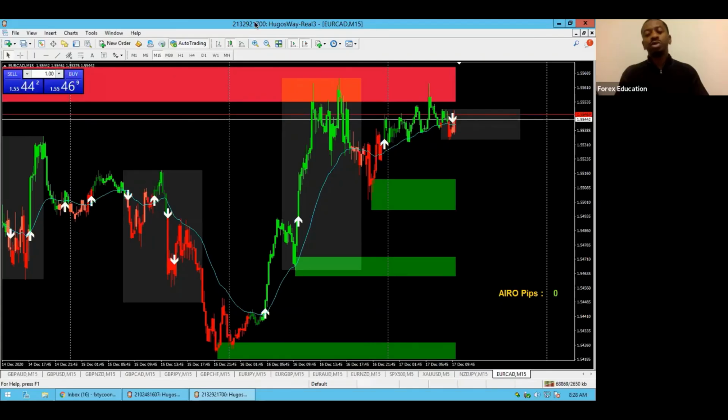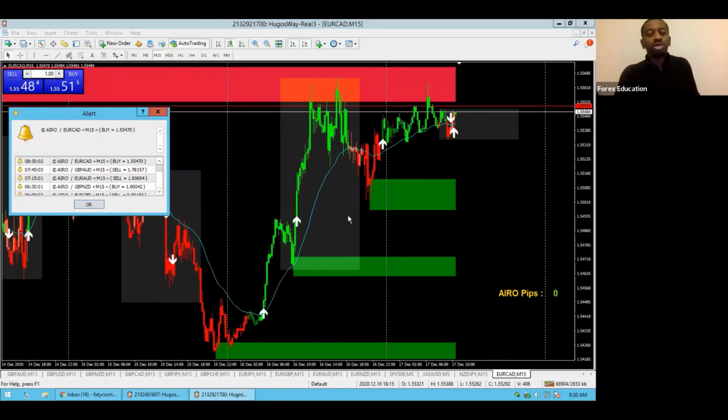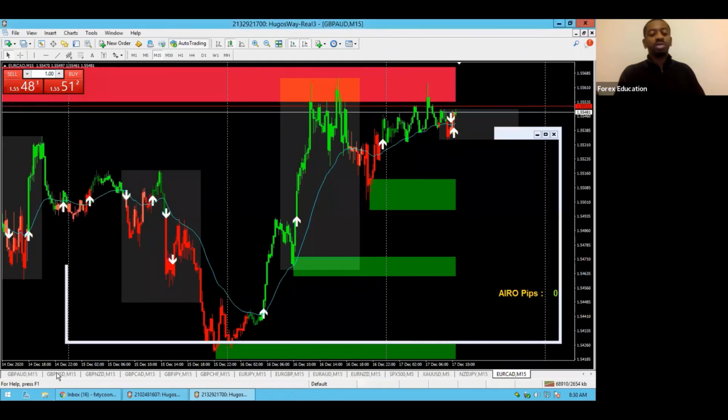All right, 2:30. Let's go take a look real quick. Just got an AIRO. Let's go see what's going on real quick. Euro CAD, no entry. Uptrend, but never bounced off anything. Got a bounce here and arrow up. Then you got the down arrow and the up arrow. Too close to the zone. It's not two consecutive up arrows, so we're not taking anything. Which means that we are